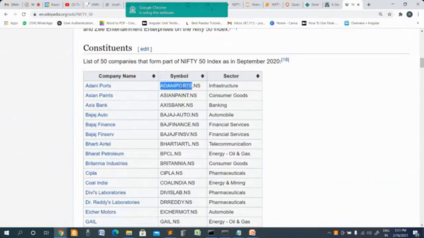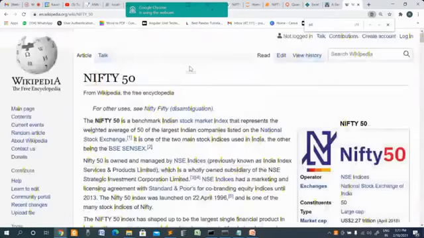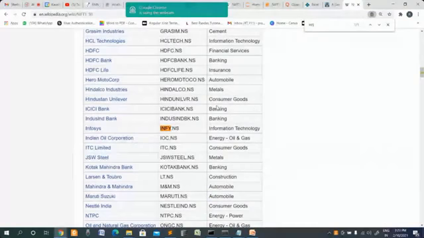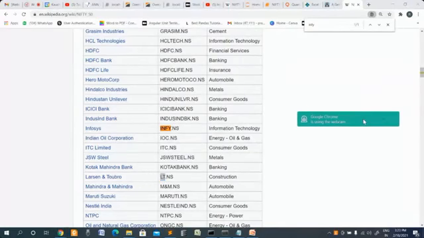Suppose you check INFY, this is Infosys, so INFY is the stock symbol. Similarly ITC Limited, ITC. Every company, when they list in the NSE, has a symbol for the stock. These are the top 50 as per the NSE, National Stock Exchange.